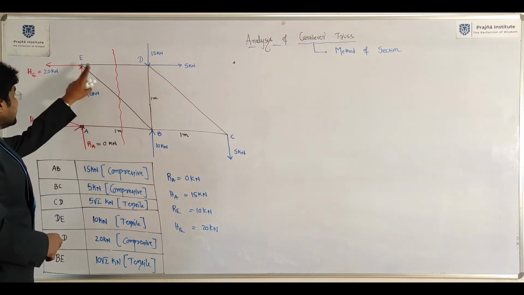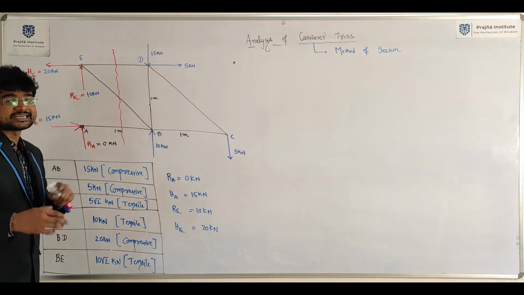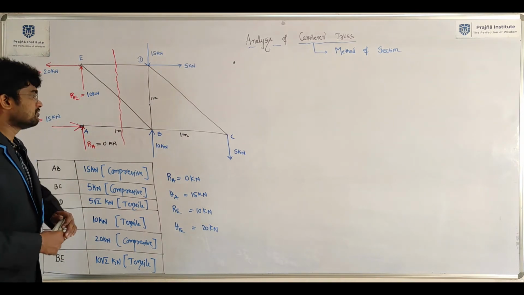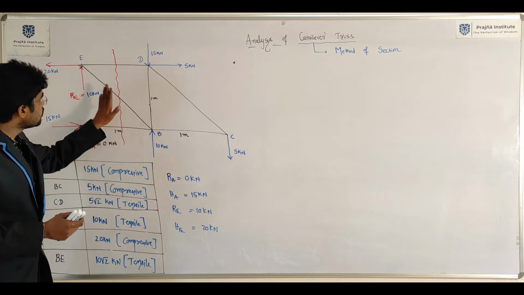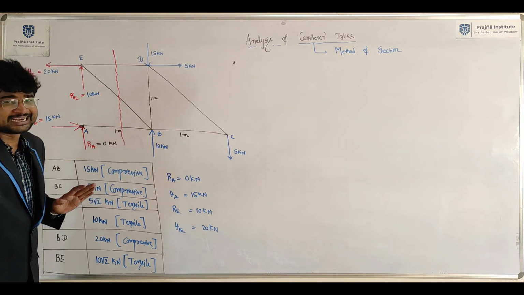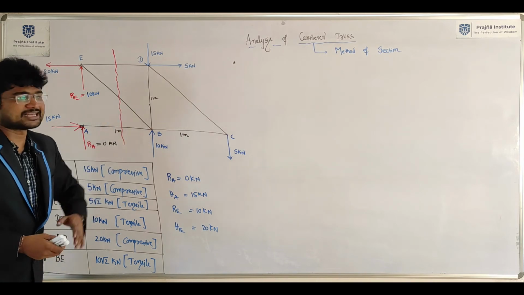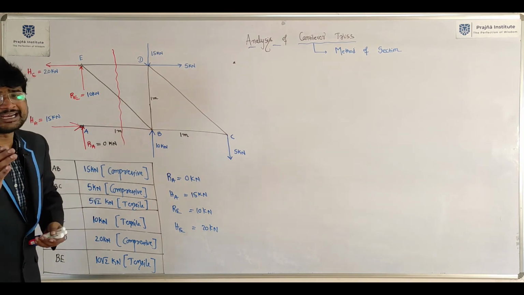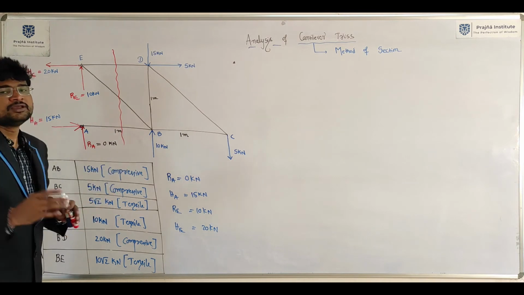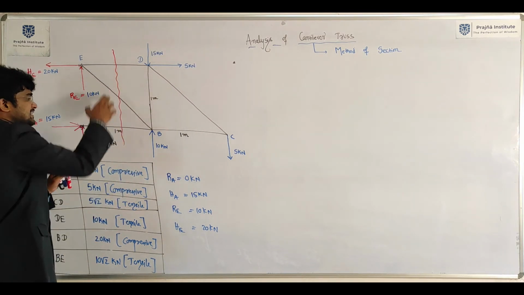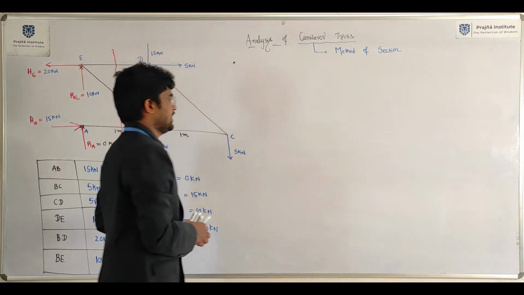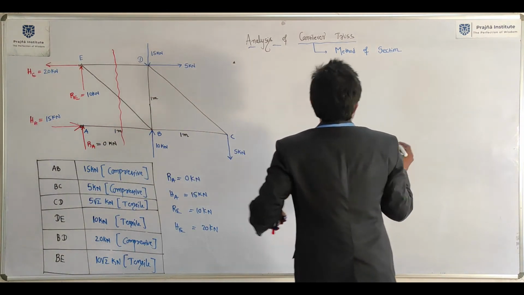Why? Because support reaction calculations in cantilever truss are a little tricky. We need to spend some time. So don't focus on the left part in cantilever truss. Better to focus on the right part. Draw the free body diagram for the right part, then apply equilibrium equations to determine forces in the three members.